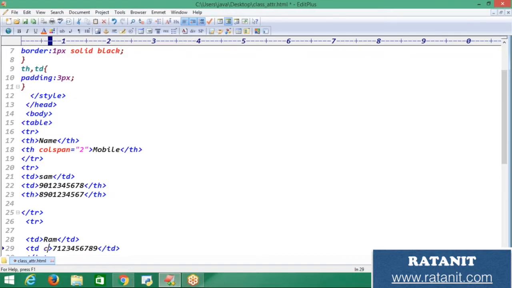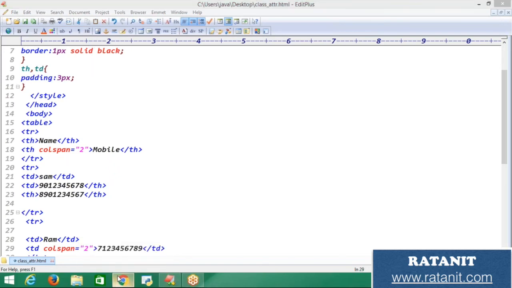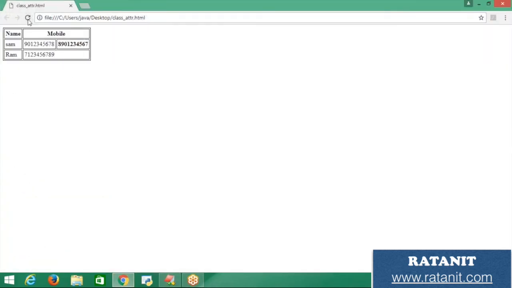In td, write a colspan attribute, and it needs to acquire 2 columns, right? So just save the program and now run the program. See, it also acquired 2 spaces. This is the way we need to write to make it a colspan, right?